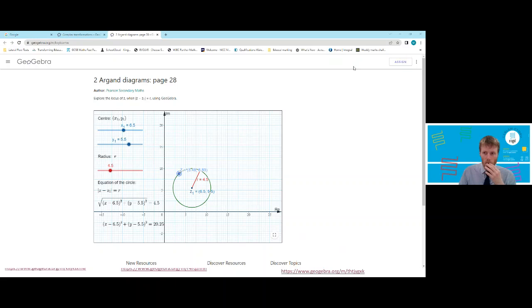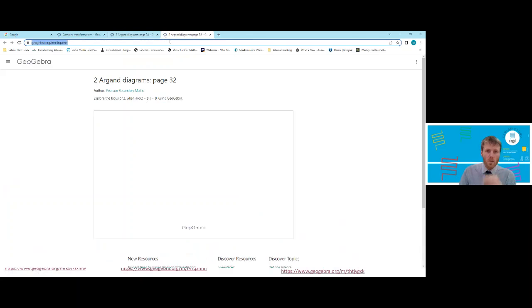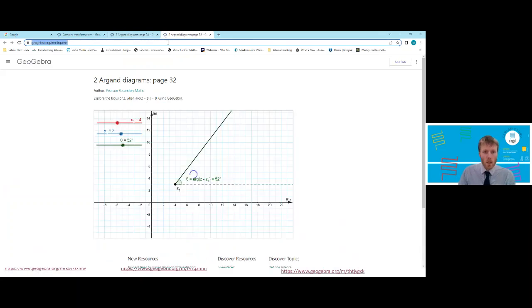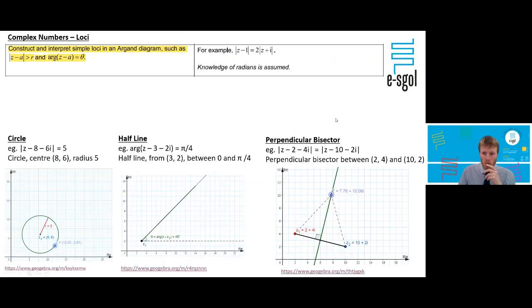And if I get the other one up. The other one is a half line. Again, you can play around with that if you like. I'll post that here as well. And then the final one, which I'm going to talk about and give a bit more detail on, is